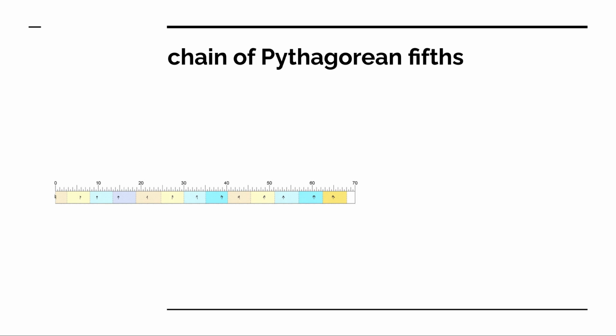Octave reducing, that is modulo 1,200, you get 114 cents. That 114 cent interval is what is indicated by the sharp or flat symbol in just intonation, and it's called the apotome. 114 cents is still bigger than 70 cents though, right? Well, sure, but